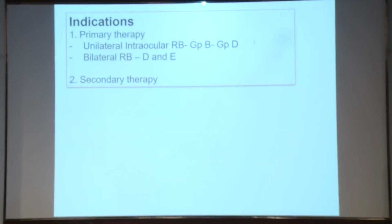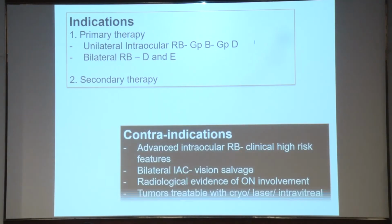In my practice, I use it for unilateral intraocular retinoblastoma, group B to group D, and bilateral RB if it is D and E, where there is a huge desperation to try to save one eye, irrespective of the visual potential, as a secondary therapy. Contraindications are advanced intraocular retinoblastoma, and bilateral IAC if you want a vision salvage, because intraarterial chemotherapy